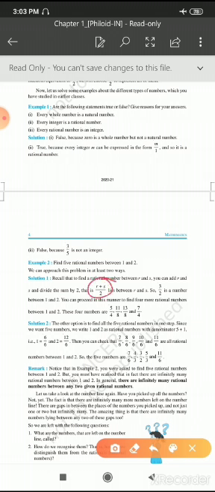So, to get many rational numbers, we have another method. Let us see that method also. The other option to find all the 5 rational numbers in one step is a second, alternative method. Since we want 5 rational numbers, we write 1 and 2 as rational numbers with the denominator 5 plus 1, 6. As we want to find 5 rational numbers, we have to change the denominator to 6.